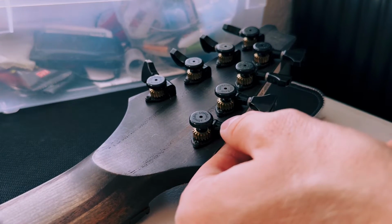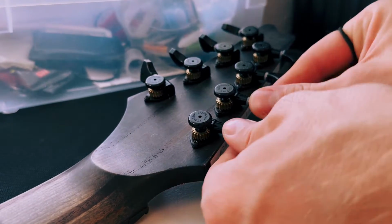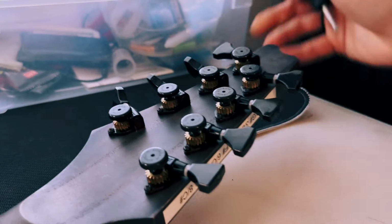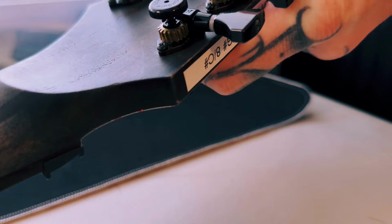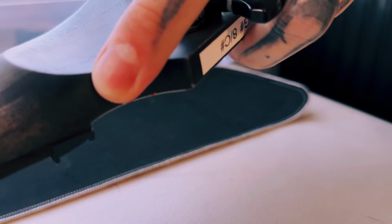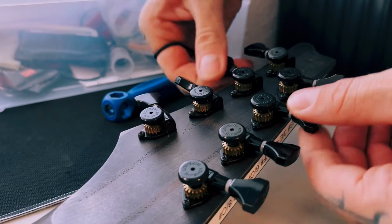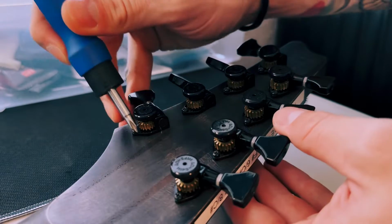I know this might seem minor or very minute to a lot of guitar players, but what makes a guitar a fantastic guitar is the attention to detail, right? What I'm really trying to get out of these tuning pegs is for them all to have the same tension when I turn them. I don't want any to be too tight or too loose. Typically, the really low strings are the ones that loosen up the quickest and the most, because they're the ones getting played the most on these guitars. All right, so that feels really good. I'm happy with that. Let's check